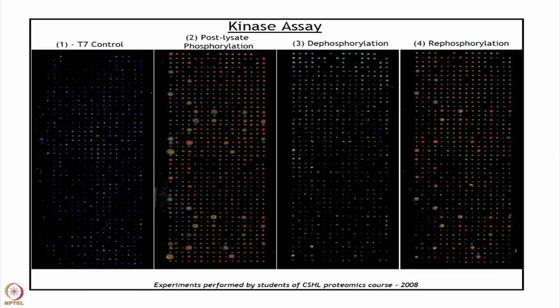Additionally, these arrays could be used for other applications as well, especially kinase assays. Josh has talked to you about various types of phosphorylation experiments, but I am just showing you this experiment done in the course by the participants, where they took these NAPA arrays and did the phosphorylation, dephosphorylation and rephosphorylation. The idea was, can we monitor some of these kinase proteins and look at their expression,